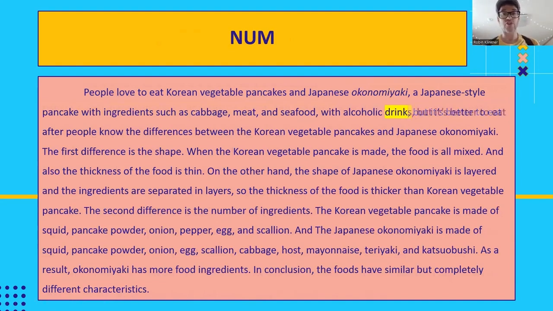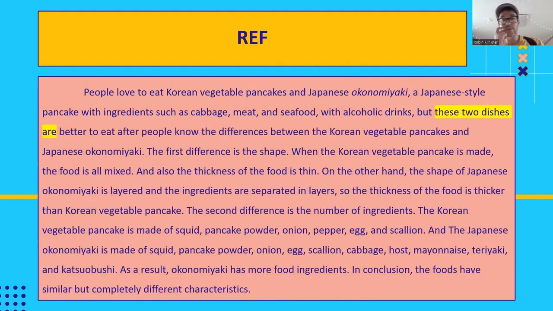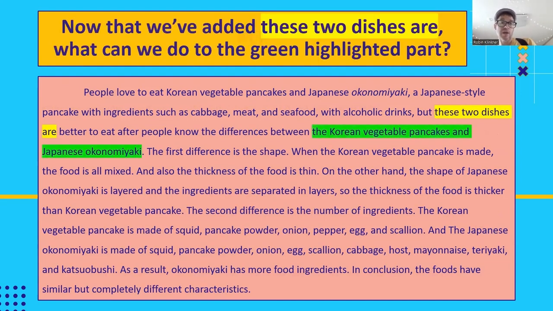So with alcoholic drinks, but what does that refer to? Sounds like one or the other. These two dishes, but it sounds like it's either referring to Korean vegetable pancakes or okonomiyaki, but it's actually referring to both. So, but these two dishes are better to eat after people know the differences between the Korean vegetable pancakes and Japanese okonomiyaki. Okay, now that we've added what these two dishes are,